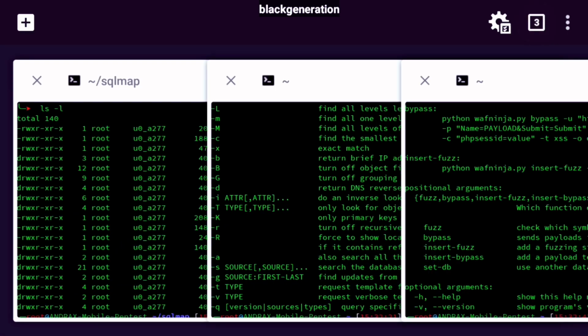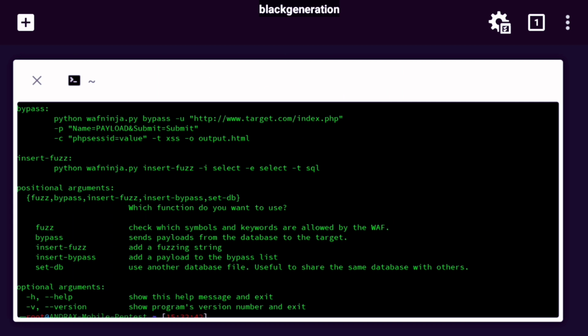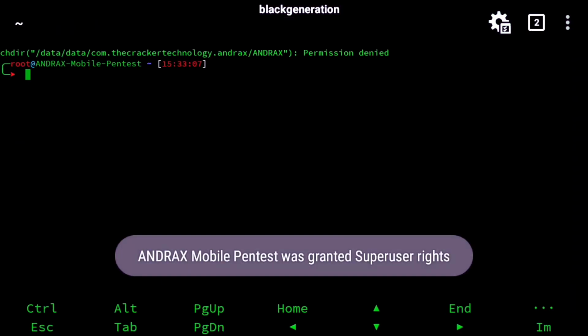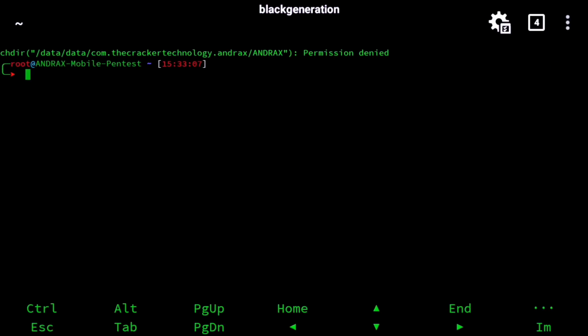If you click on this box with the three inside, you can view all open tabs and you can close them. You can also click on that plus button to add a new tab. Okay, so that's it for the terminal. Next in line,